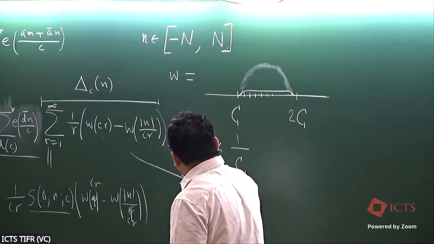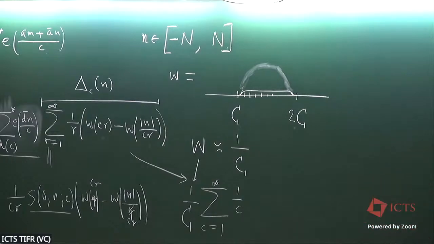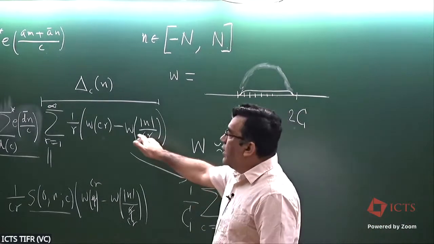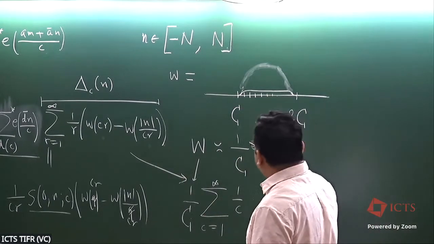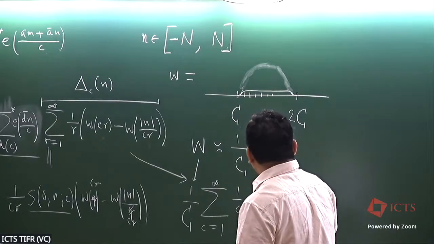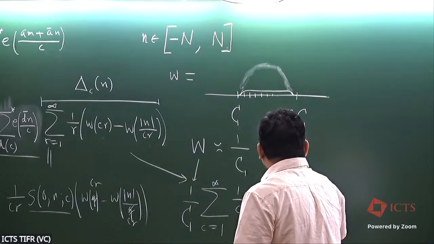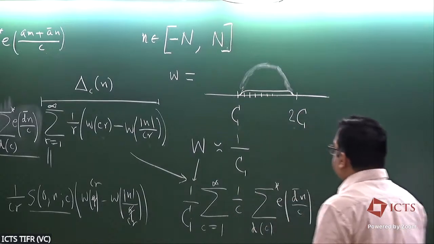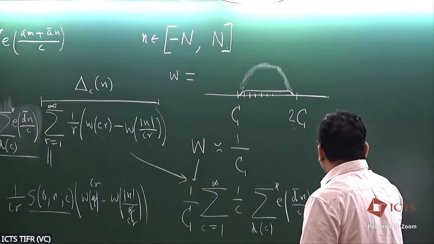This is coming from w. It's not exactly that, but you can put a 1 by C to normalize the size of w to be 1. And then we have a sum over d modulo c, d coprime to c, e of d bar n by c, and then a sum over r,